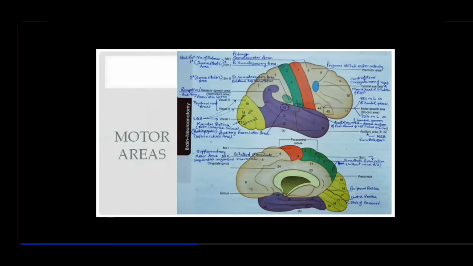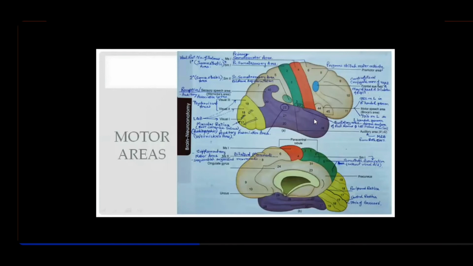That's why in your Hollywood movies where you find aliens, even in some Bollywood movies, I think Jadoo or something, you find they have frontal bossing of the skull. The frontal portion is bulging out to accommodate more neuronal tissue in them. So that's why I'm telling you this area is related to higher intellect functions.